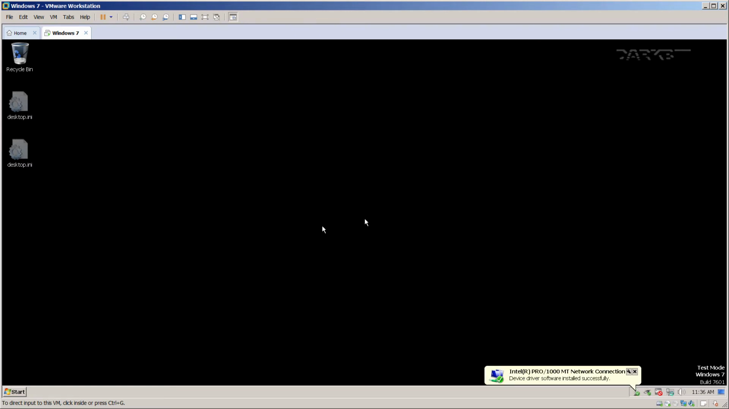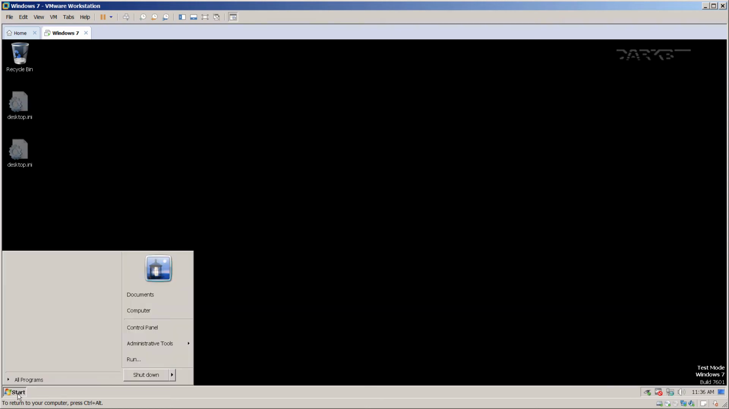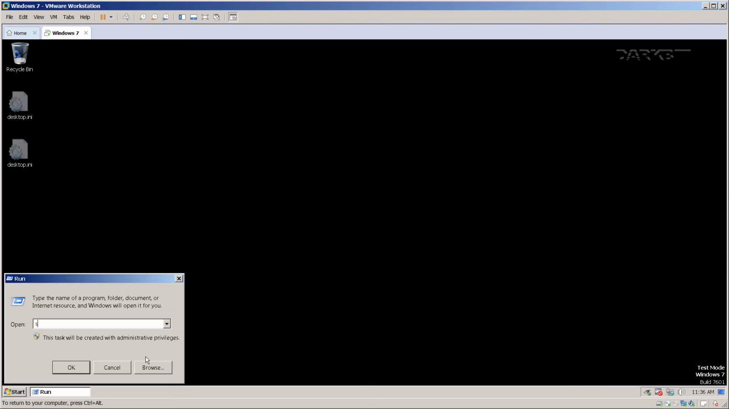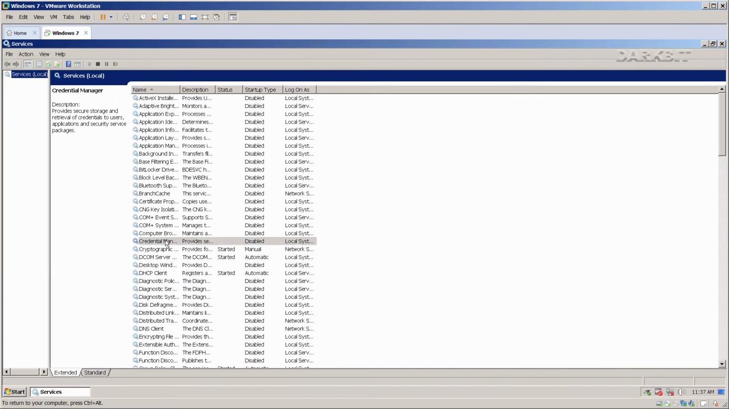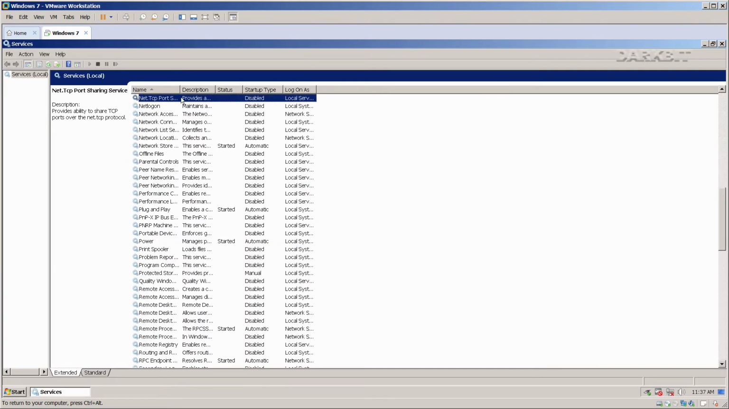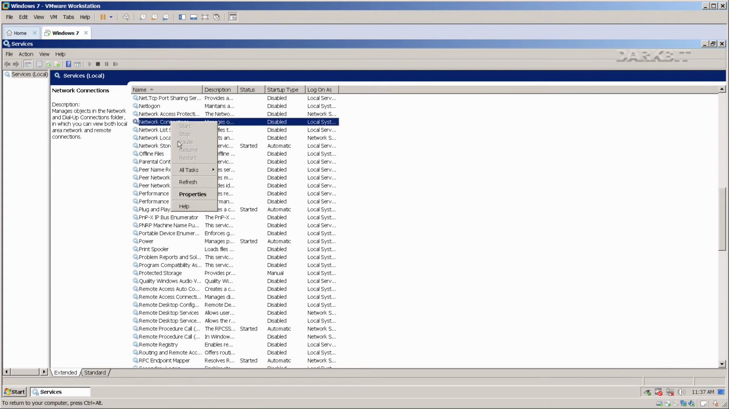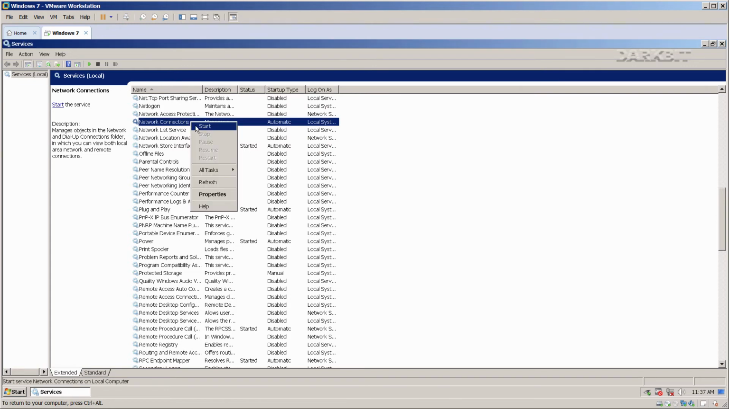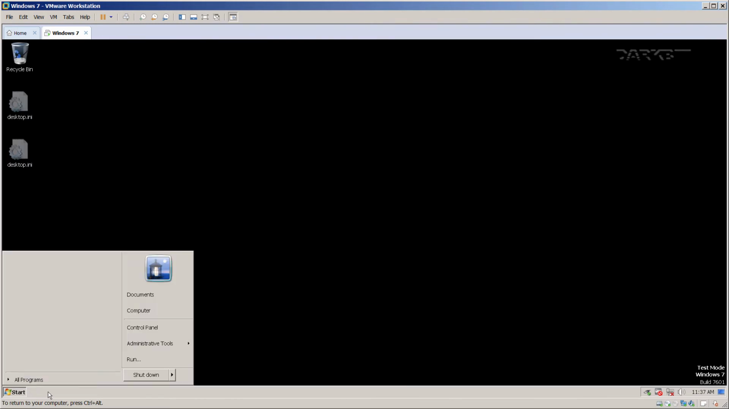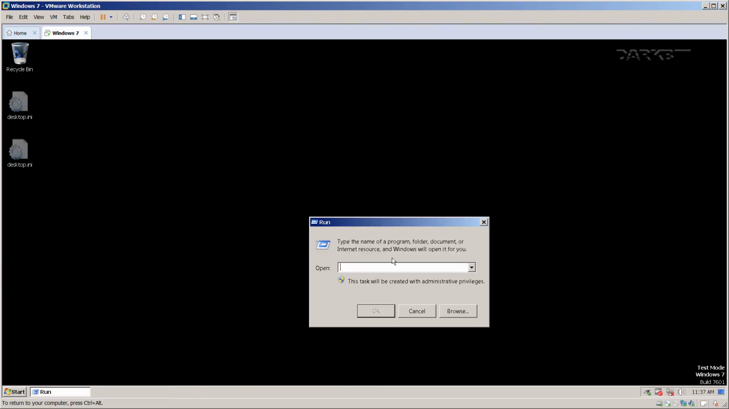Now you can see that it's installed the Intel Pro 1000 MT network adapters. What we want to do is go to services.msc one more time. And here we want to select the network connections. We want to set it to automatic for now, and then right click and start it up. This allows us now to go to start run and type in